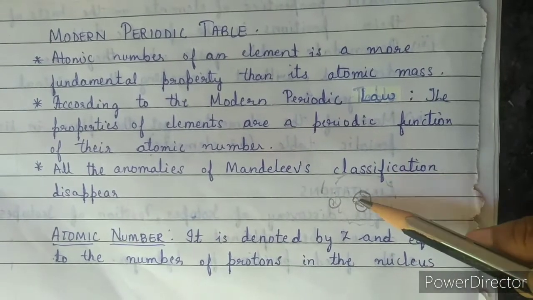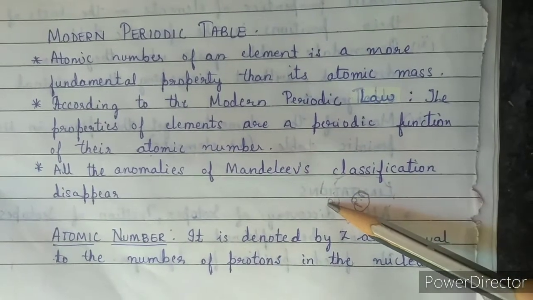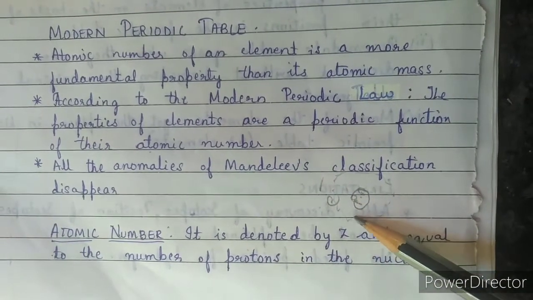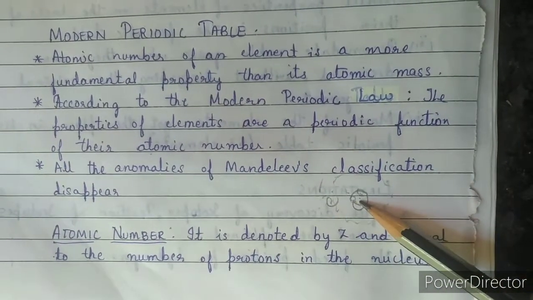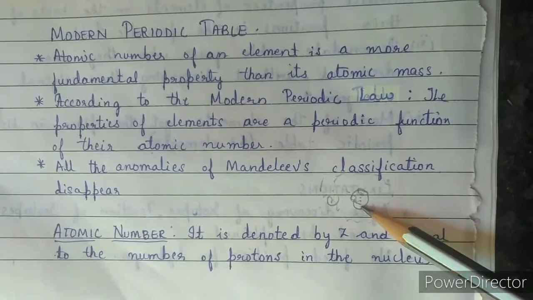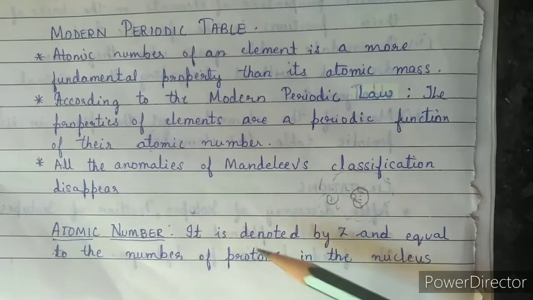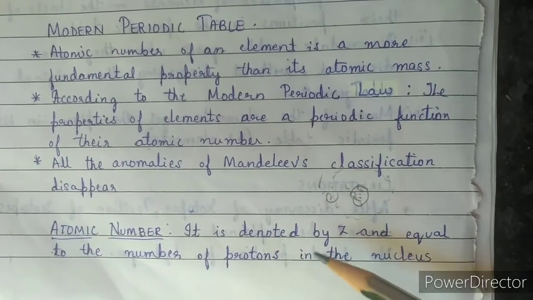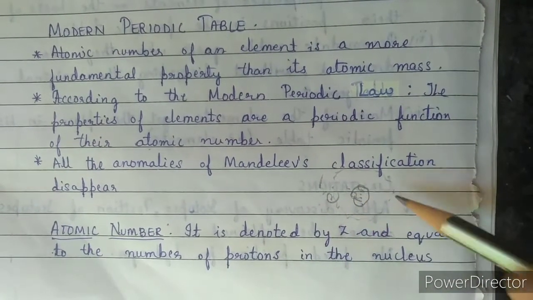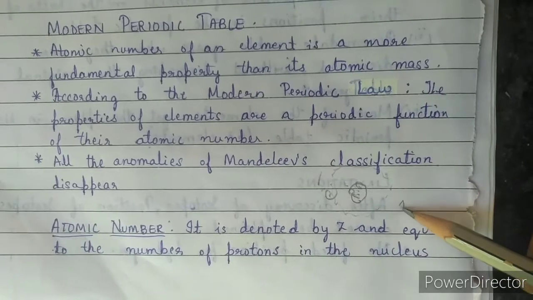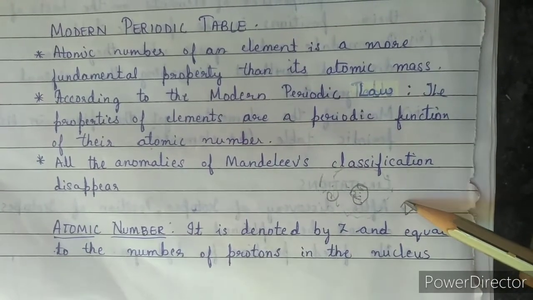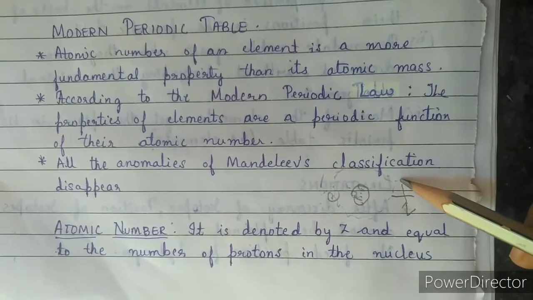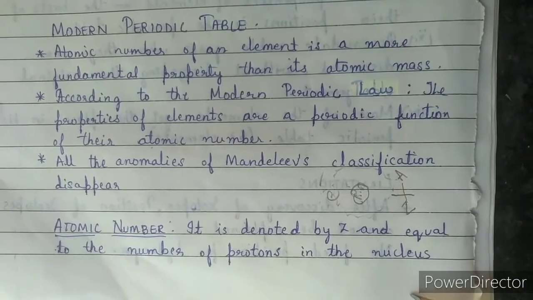The number of protons is always equal to the number of electrons in a neutral atom, but in a charged one these are different. So we always consider the number of protons. Therefore, we can state that atomic number is the number of protons present in the nucleus of an atom. Atomic number is always denoted by the letter Z, the symbol is denoted by the letter X, and mass number is denoted by the letter A.